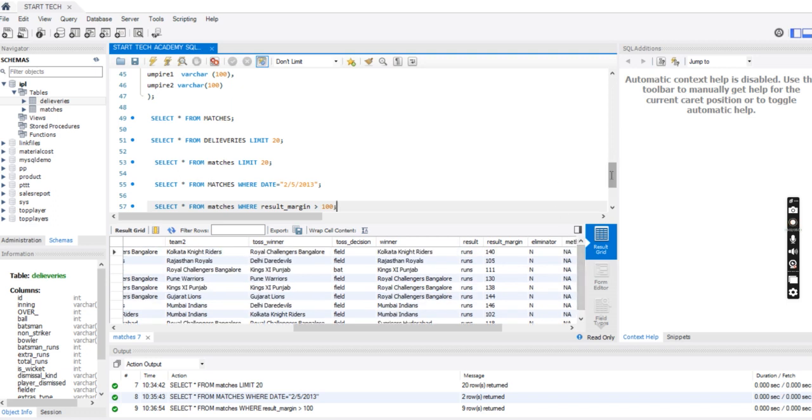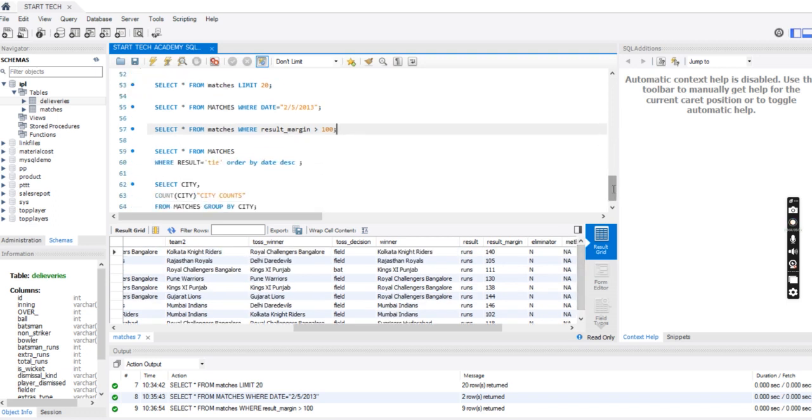Perfect. Now the next query. Next query is fetch data of all the matches where the final scores of both teams tied and order it in descending order of date. Now in this query it is a little bit tricky, because we have to make use of two commands simultaneously.